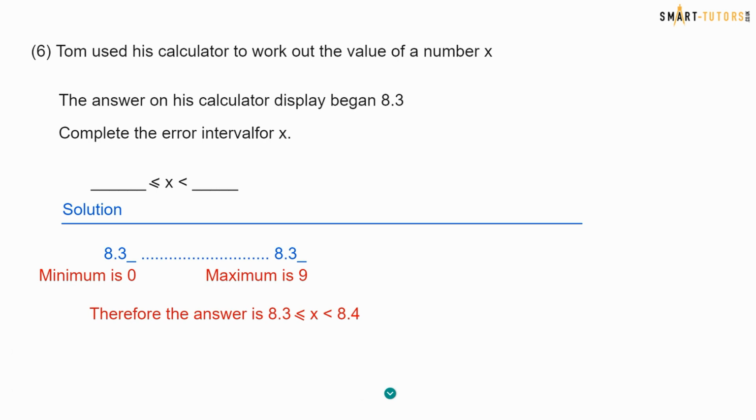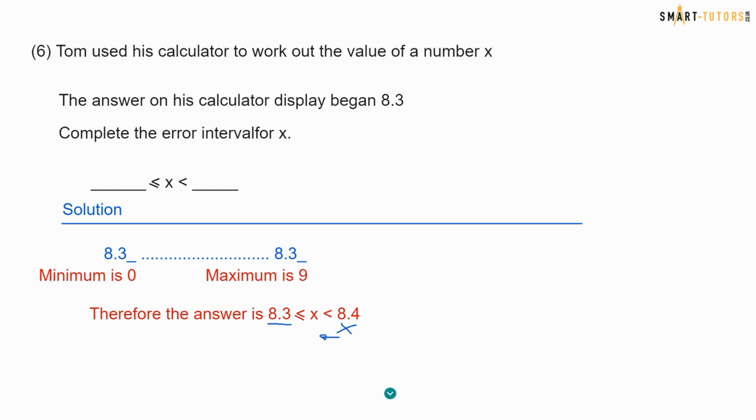The maximum could be 8.3, could be a long digit, but the next number could be the maximum 9, right? So 8.39 inclusive. So here if you see the error interval, one has the equal sign, other one doesn't have the equal sign. So if 8.39 is the maximum, you can say 8.4, anything less than 8.4. So anything more than 8.3, which is inclusive of 8.3, but not inclusive of 8.4, anything less than 8.4 means